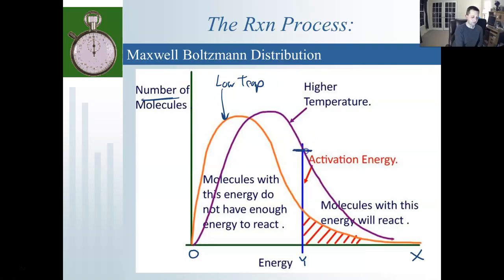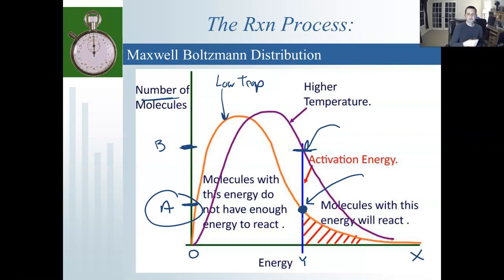Okay, so here we are. Number of particles for the purple line is higher. Look at the number of particles that have the required energy for the reaction to get going, which is this blue line. Look at where the orange line intersects that. Okay, so I'm just going to make up a variable. Here is A, number of particles, and here's B, number of particles, right, for the purple line. So more particles at the higher temperature have the required activation energy for the reaction to begin, okay, or to proceed. For the orange one, at the lower temperature here, fewer particles, okay, have the required energy for the reaction